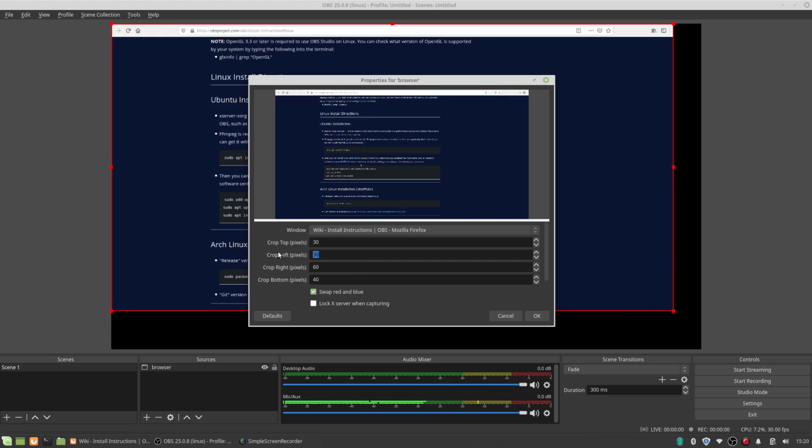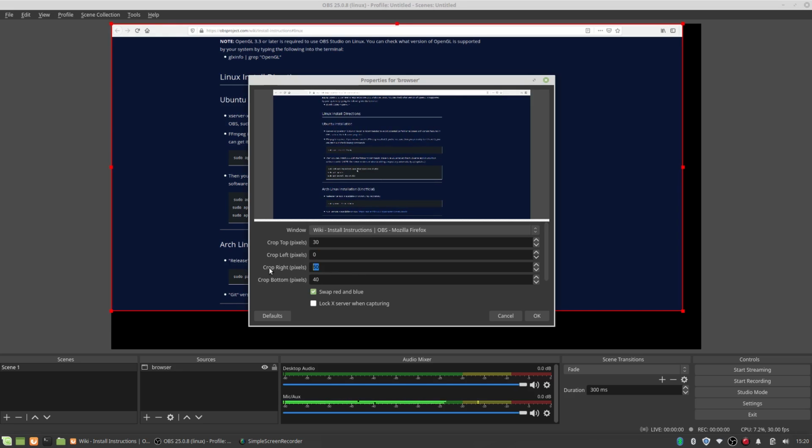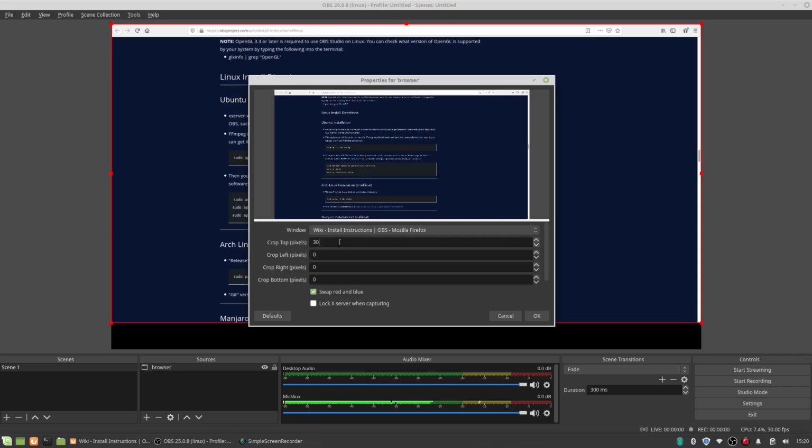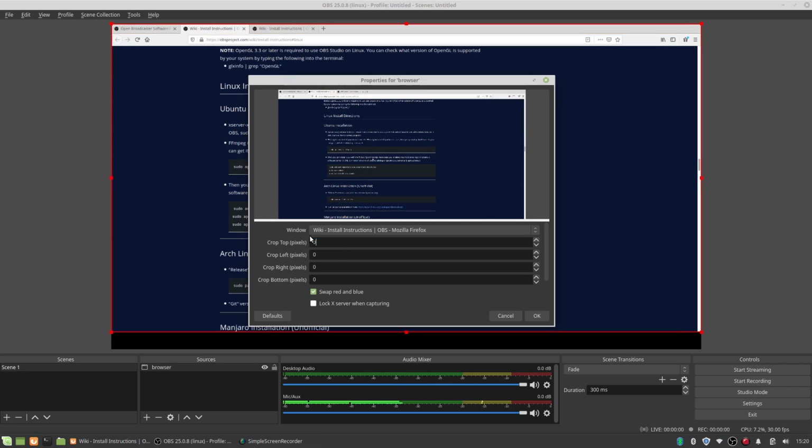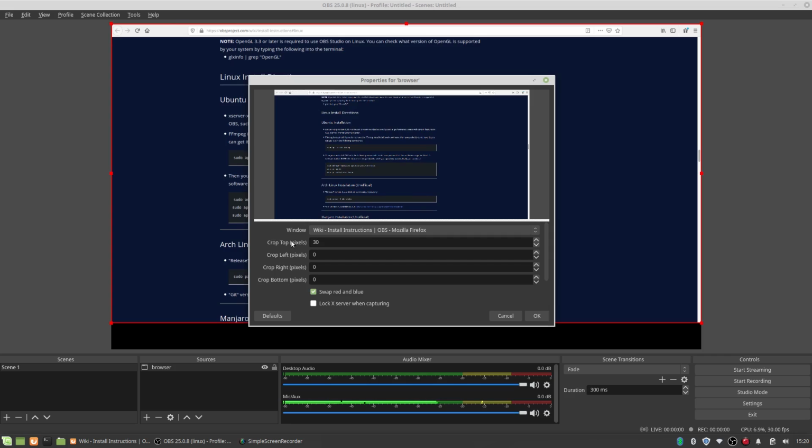So it's up to you what you want to do. Usually you can use the top crop to remove the unnecessary tabs and menus that you have. So let's just give it 30,